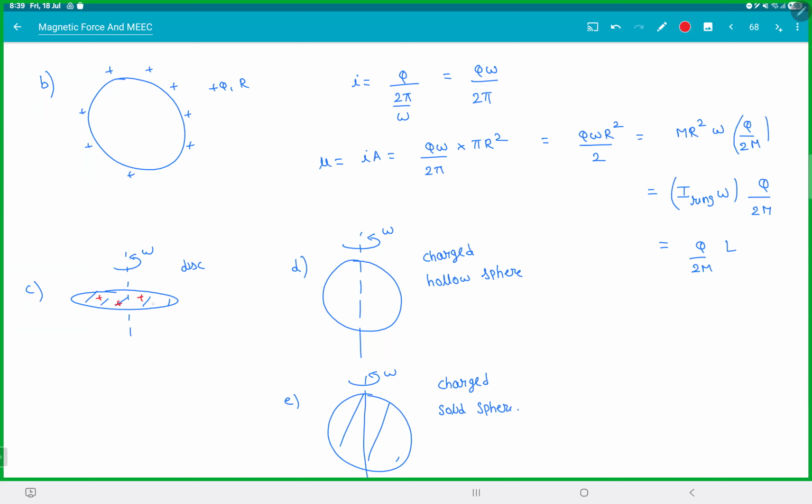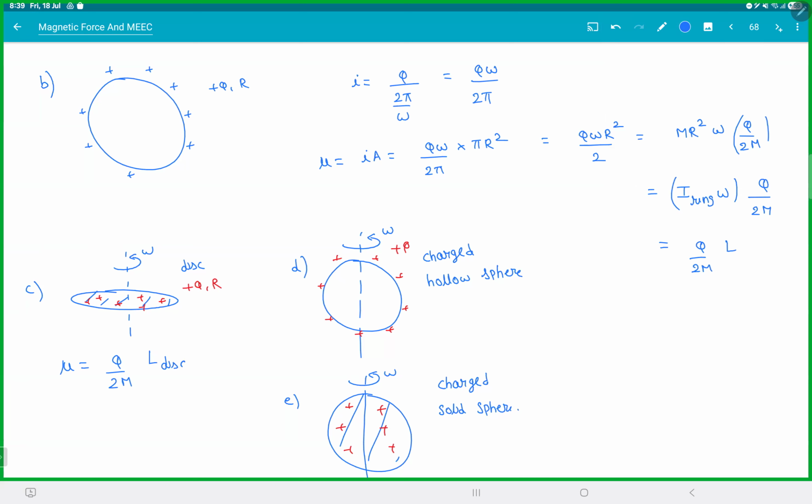We will see one case how to integrate this. So you should know your moment of inertia formulas. So mu of the disk will be charge q by 2m, angular momentum of the disk, which will be, what